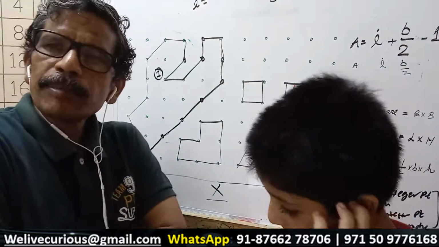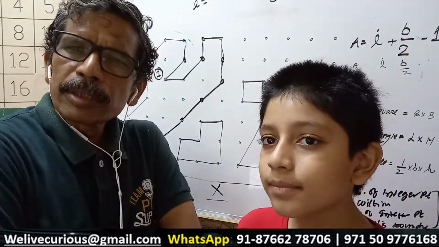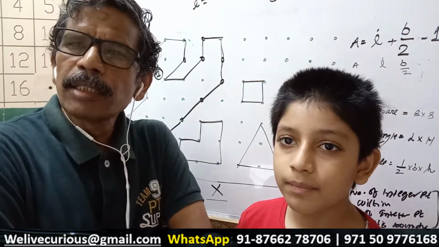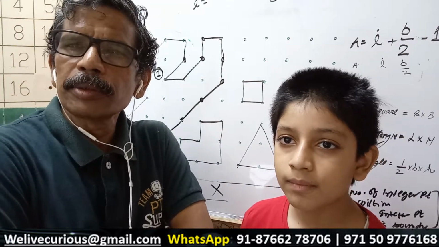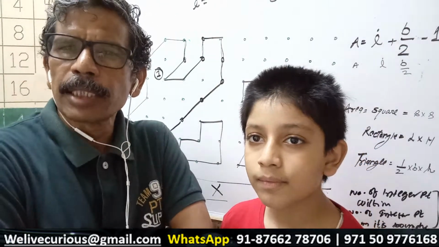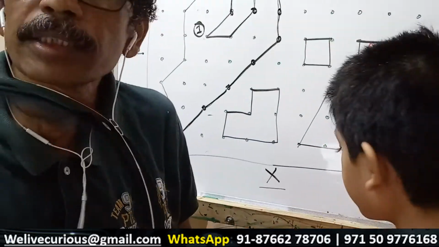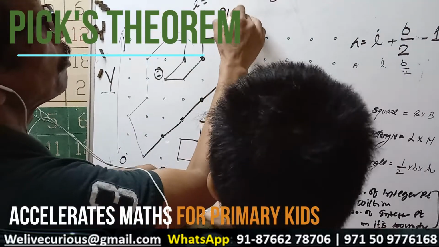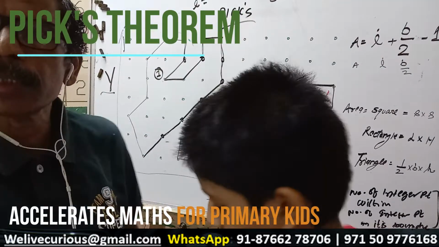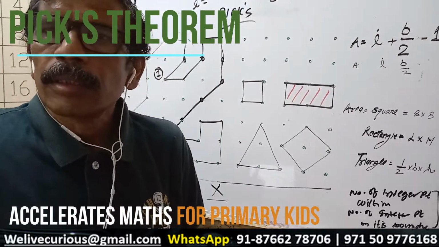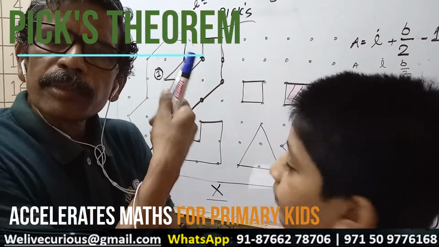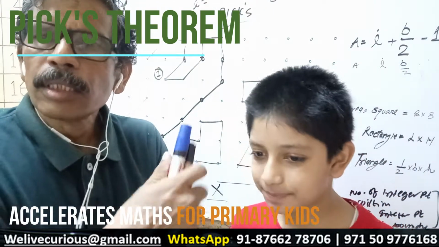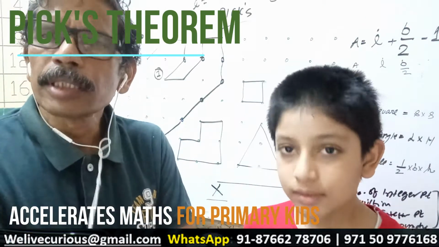Hello friends, remember we discussed Pick's theorem in our accelerated learning class today. So here we are with a detailed video where we will try to throw more light on it and explain it in much greater detail. The theorem we discussed in the class is called Pick's theorem. There was a gentleman, a mathematician, George Pick. He developed this theorem way back in 1899. So it is already 122 years. But unfortunately, this theorem has not reached primary grade yet.